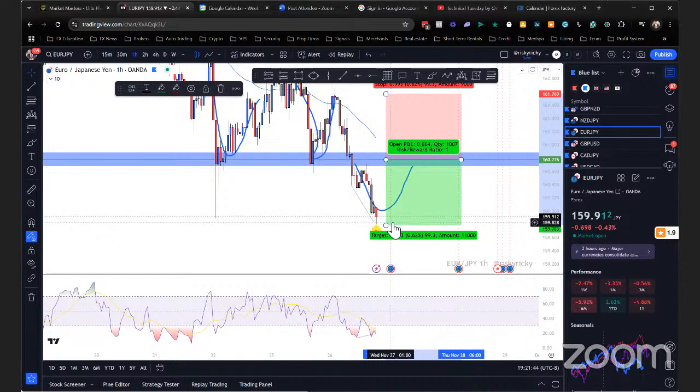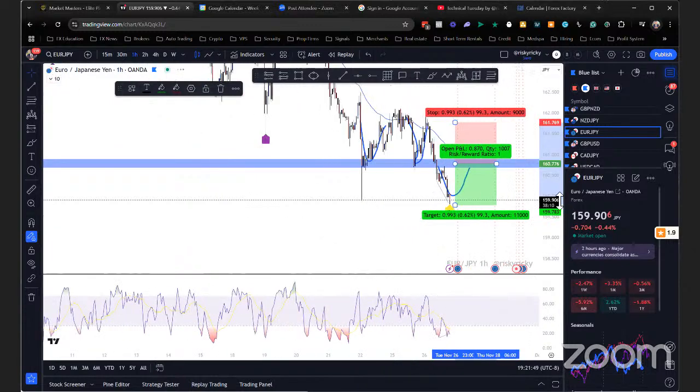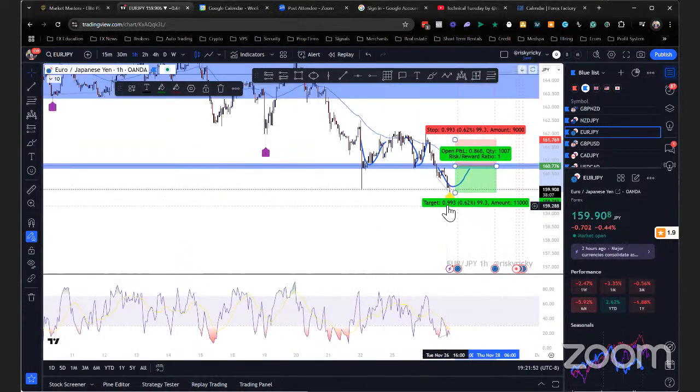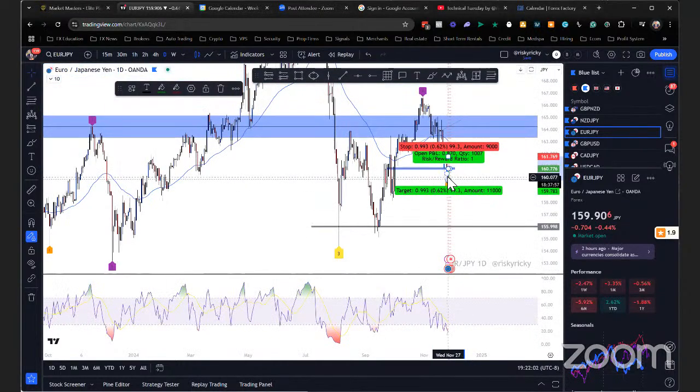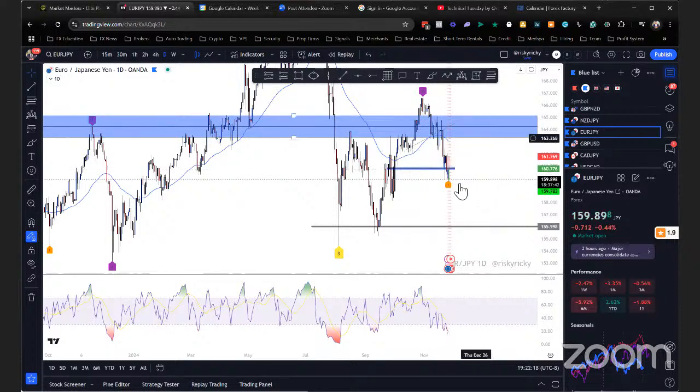So right now, I'm not seeing too much of a good setup for this one. Just based off of where the current market is at right now, it's low. We don't sell it low unless we're doing like a long-term play and you're trying to get in now for a sell and aim for these lows over here, but stops would have to be pretty high up to give it some room. So it's probably going to be like a 1-to-1 ratio right there. So not really worth it too much, especially if it's like a long-term play like that.